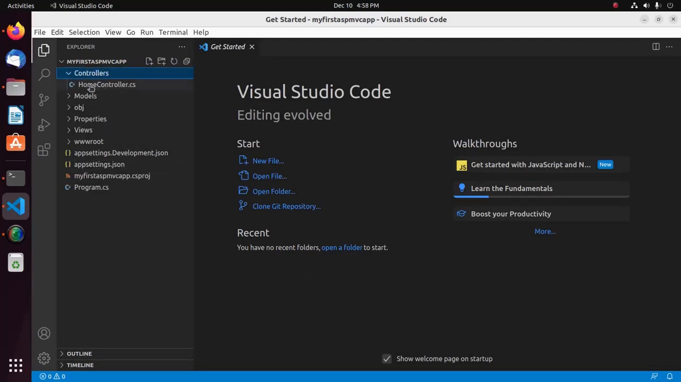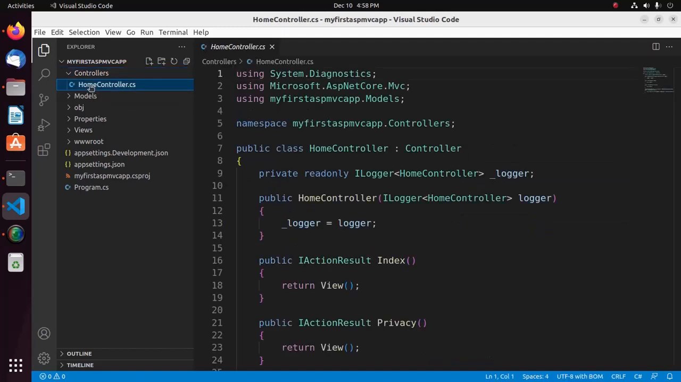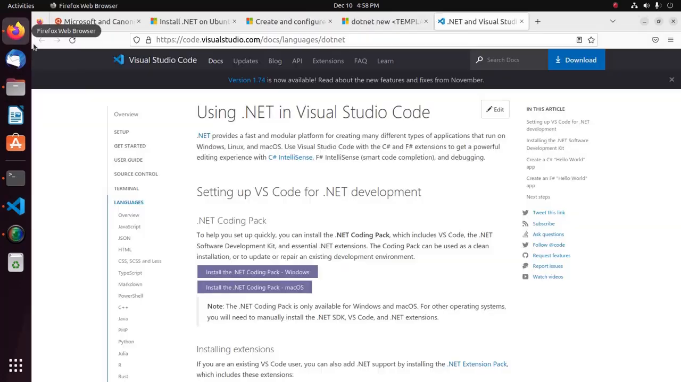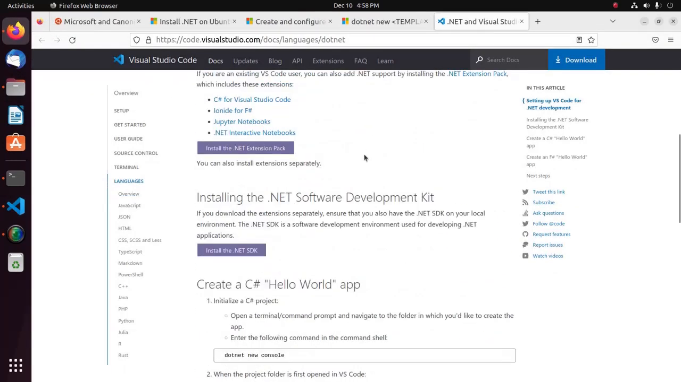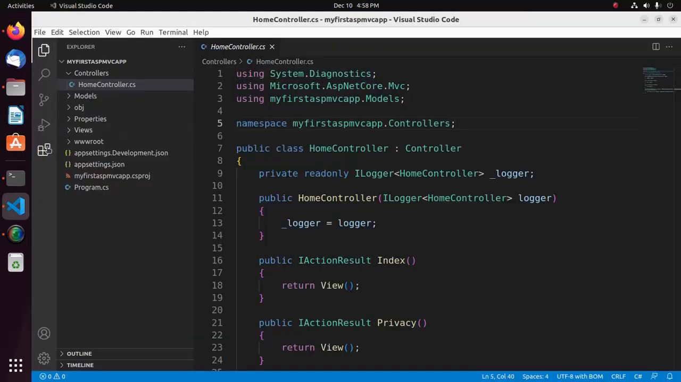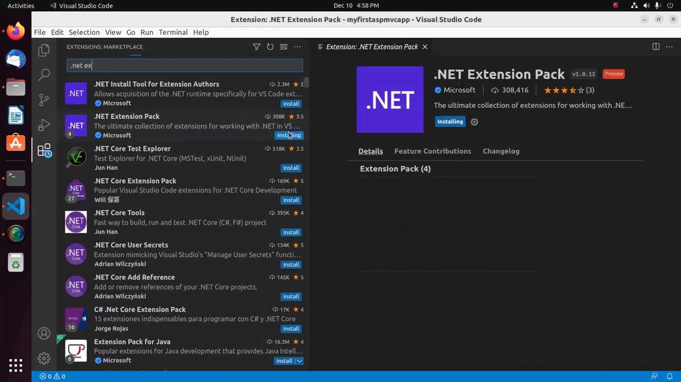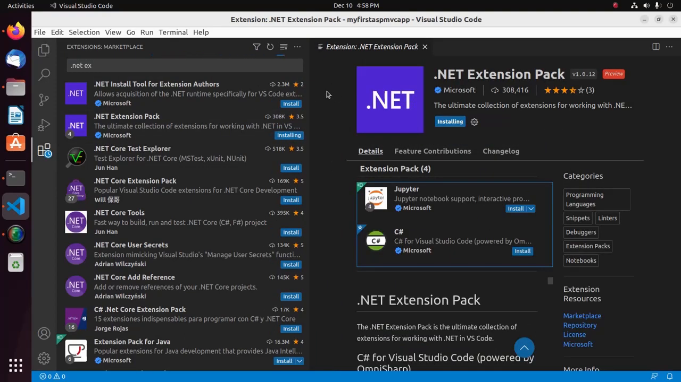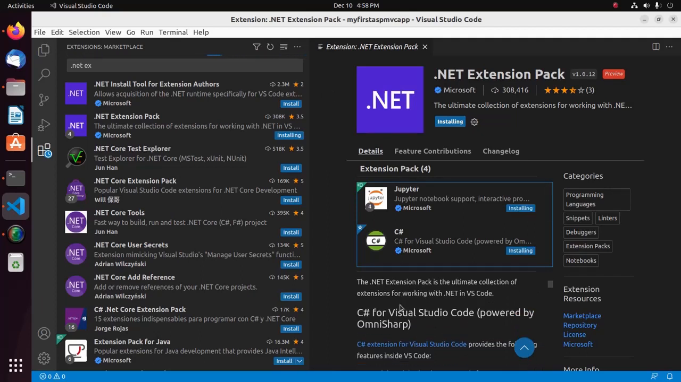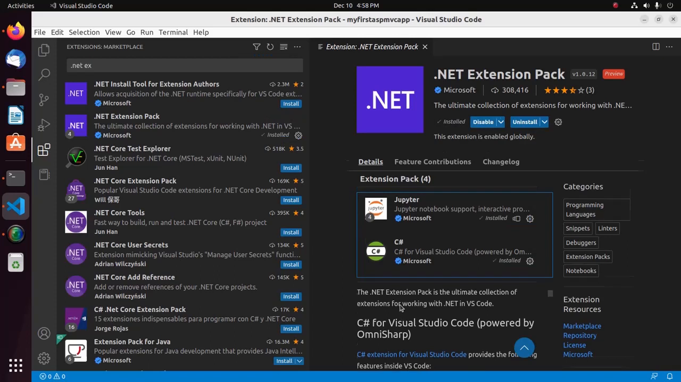Okay, now open Home Controllers file and then I'm going to install .NET extension pack. It may take a while for installing .NET extension pack. This pack is the ultimate collection of extensions for working with .NET in Visual Studio Code. It contains 4 packages: